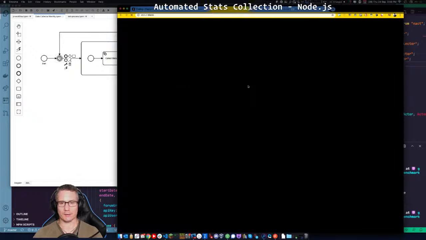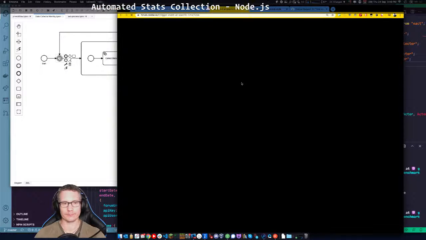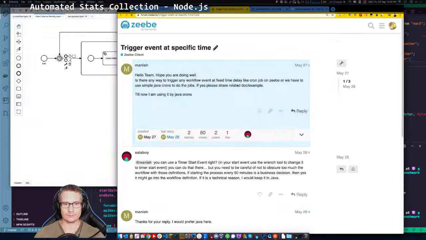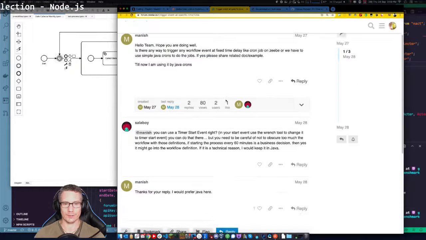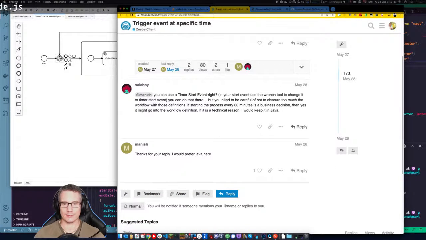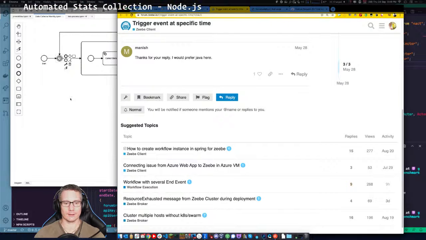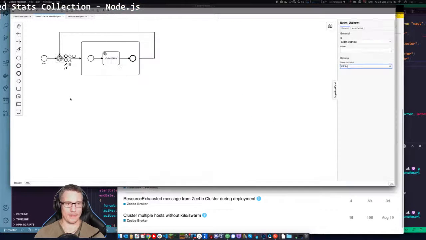Trigger event at a specific time. Another question in the forum. Fixed time delay like a cron job. Using Java crons. Timer start event. If you just want the workflow to start the process every 60 minutes, then yes. For a technical reason I'd keep it in Java. It's interesting. I would prefer Java here. I personally would prefer. Okay, so